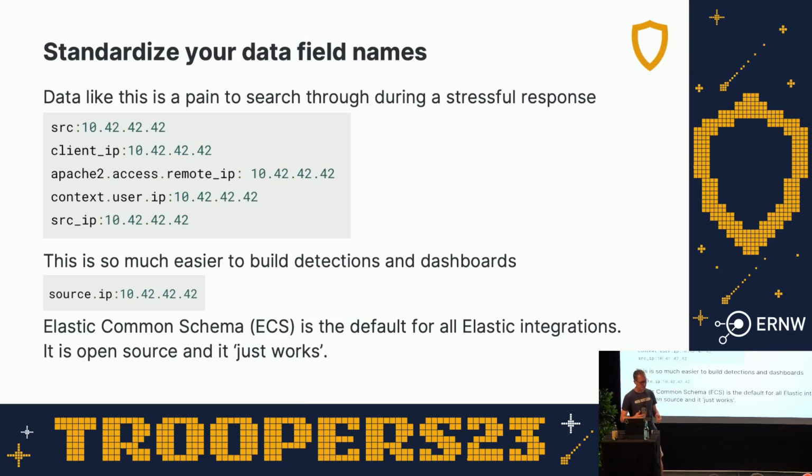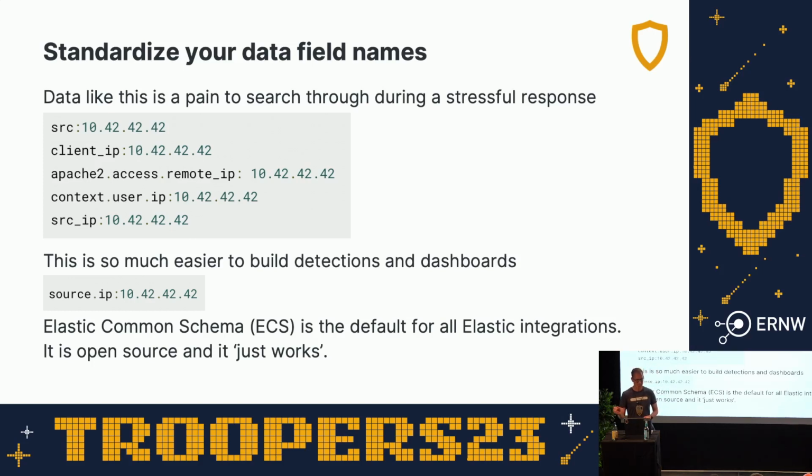When you put all of your data in the SIEM, you have to standardize your field names if you want to do investigations and alerts. Everybody that's been working for a while in the SOC has run into this. When you're looking at logs, you run into all these different field names. You have to standardize them, so then I can search for source.ip across all of my data sets at once with a single query, and it'll show me everywhere that IP address showed up.